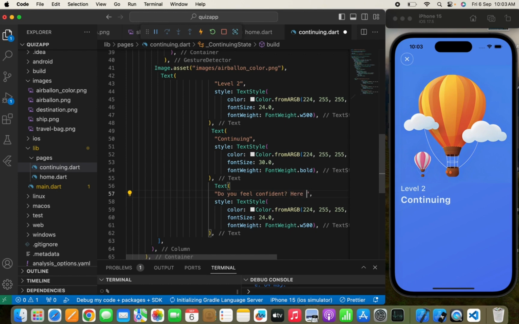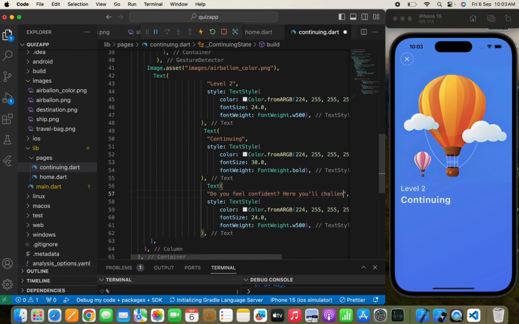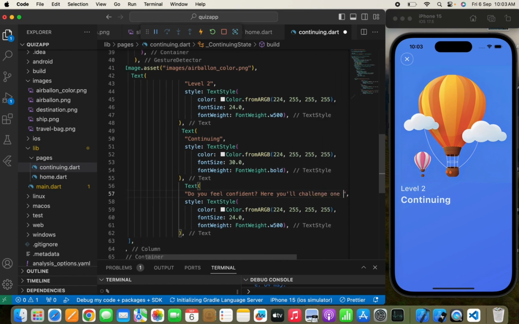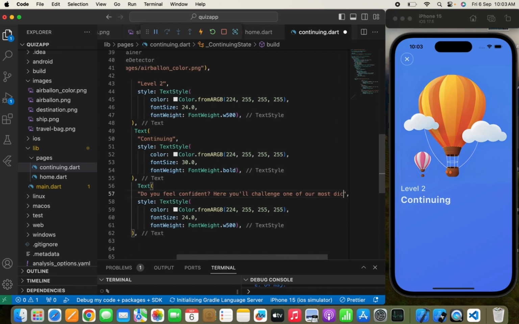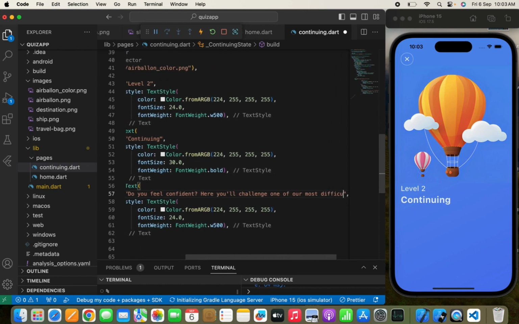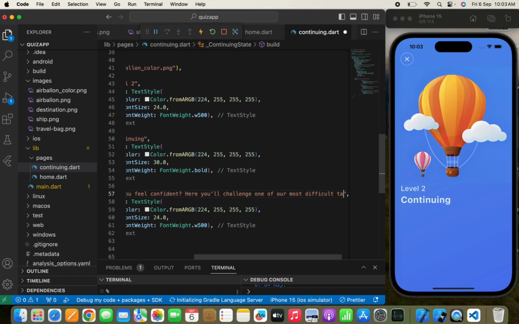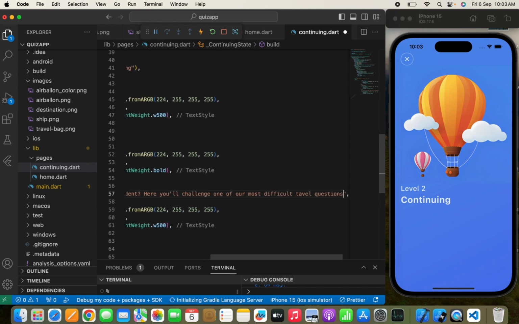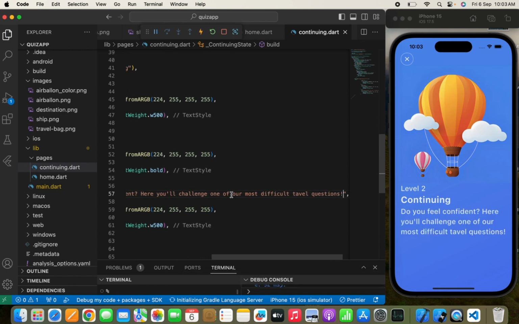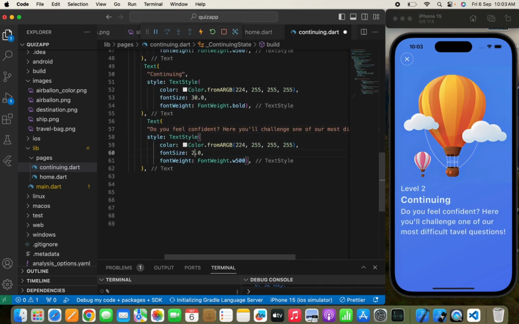Here you will challenge one of our most difficult travel questions, yeah. So we can decrease a font size up to 18, yeah, or let's do 17,